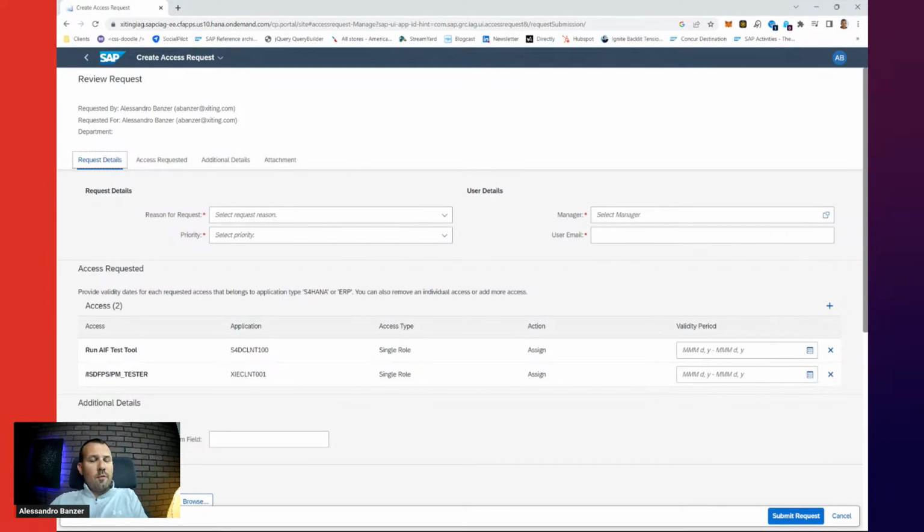This will go through a workflow, so workflows can be slightly configured. It's not as flexible as access control, at least not today. SAP is working on that with the business rule services that are being used behind the scenes. But workflow-wise, it's not as flexible as access control. Here obviously we can say which path it should take, and then in that path we have different approval steps, maybe manager, role owner, and they can approve that.